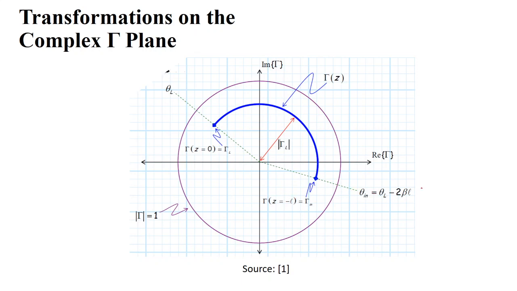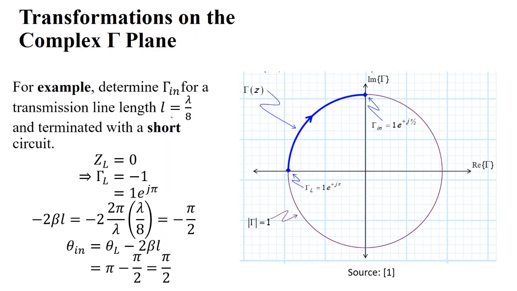So here the phase will become phi L minus 2 beta L. So this is a length L, and if you move by length L, you will reach this point in phase. Now if L is lambda by 2, then 2 beta is 2 pi over lambda, and this will be lambda by 2. So lambda cancels, 2 cancels, and this phase will be 2 pi. So phi L minus 2 pi, again you will reach the same point and get the same phase. The reflection coefficient will be repeated every lambda by 2 distance.